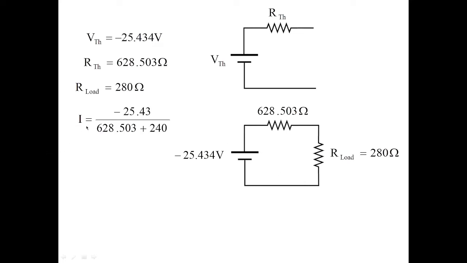Now this is how we have changed the given circuit to this simplified circuit. Now with this we can easily calculate the value of current, which is equal to voltage by resistors. Here the resistors are Thevenin's resistor and the load resistors. Here a small mistake is done. You can see 240 ohms is taken. Actually it should be 280 ohms. So please forgive for this. So we have to apply this voltage divided by these two resistors. With this you are going to get the value of I, which is equal to minus 0.028 amperes. Now whatever we have done here, whether it is right or wrong, let us cross check with any other method.